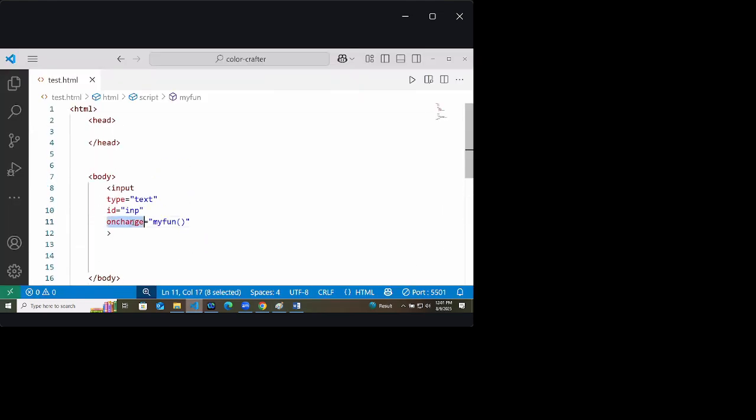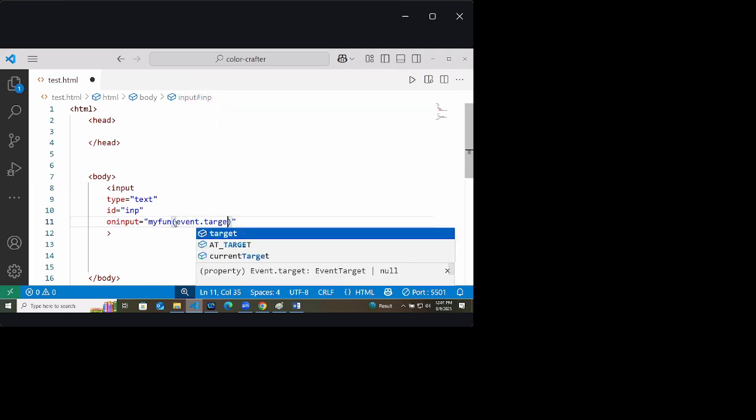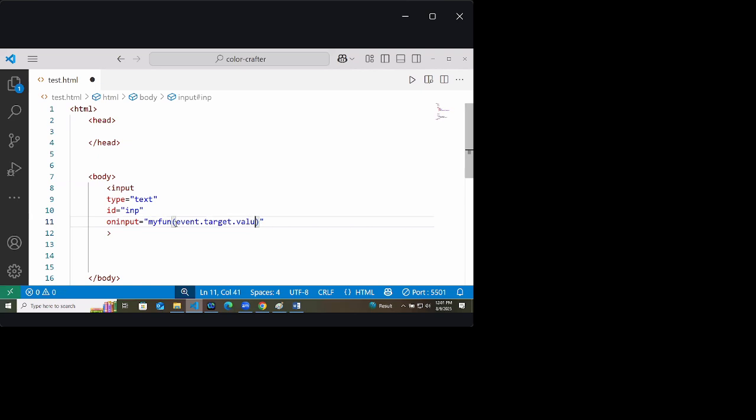What I will do here, I will give on input only. Here we are calling myfun. I will call this myfun with the argument event dot target dot value. This function I will call with these three things.